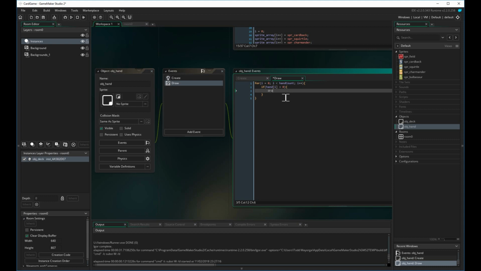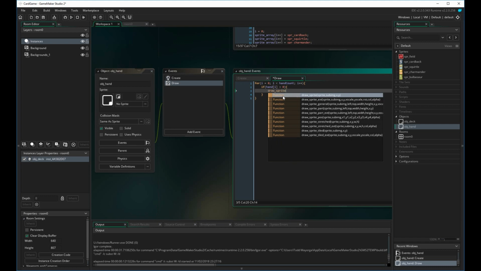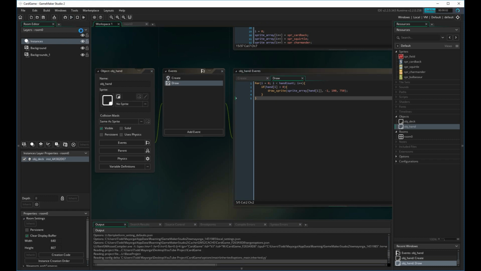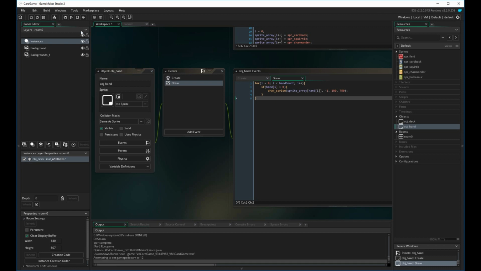I want to draw the card sprite at hand I, and I want the subimage to be -1 at 180 by 750. So this will draw all cards in my hand, but since I created no buffer, it's going to draw all the cards on top of each other. So what I need to do now,